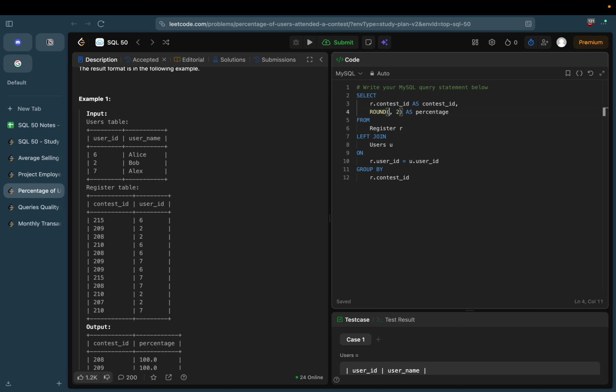Now we need to find the number of users that actually are present and multiply it by 100, and then the total number of users should be the denominator for this calculation. So for this I can use the count aggregation function. Count the number of users, user ID is giving us the count,